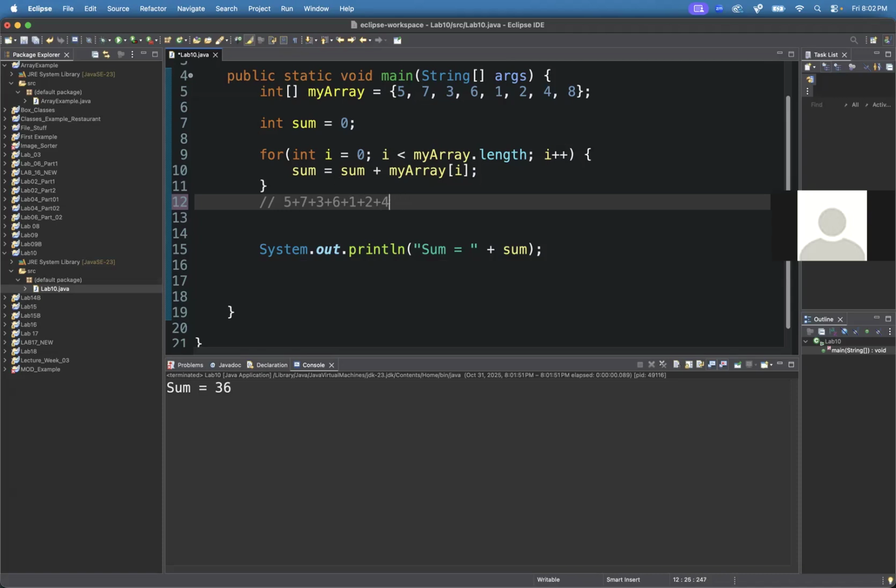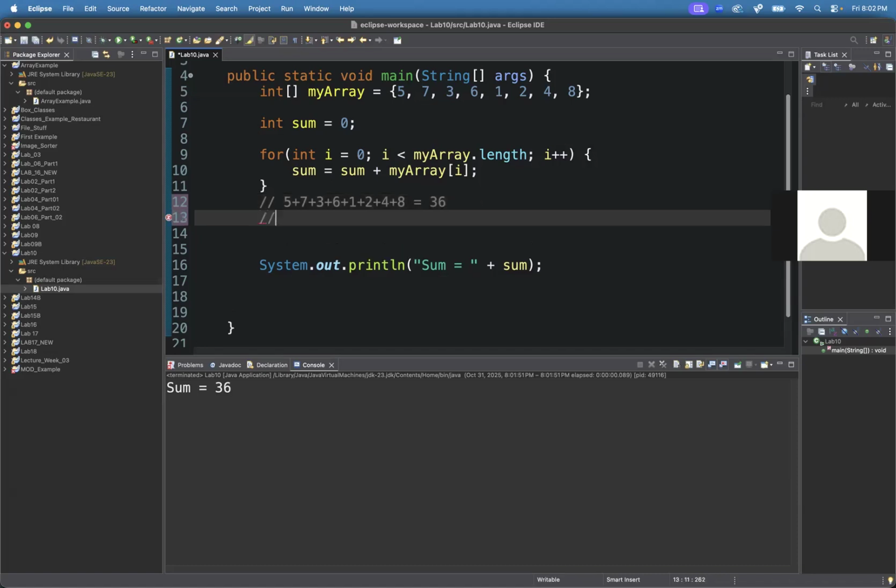All the entries in the array added together. And you might think, okay, well, if we want to do the same thing, but a product, 5 times 7 times 3 times 6 times 1 times 2 times 4 times 8, and we don't know what that is yet,